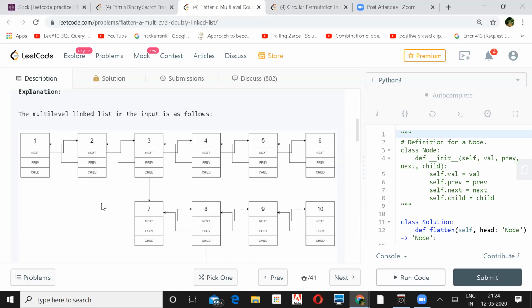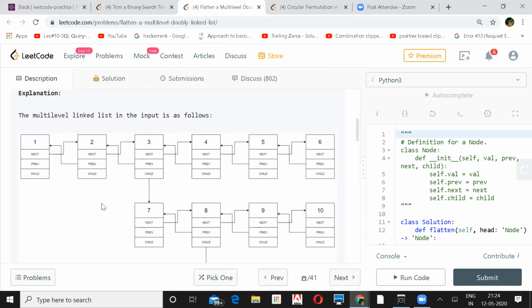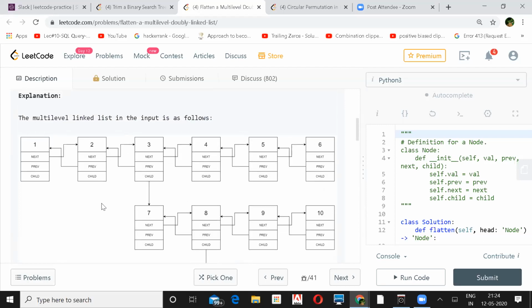Whoever was explaining it, he explained it very nicely. At every step, see if we can go deep. If we cannot, then traverse to the sibling. If we are going deep, obviously where we started going deep, that is where we had the next pointer. We can always bind these two things.